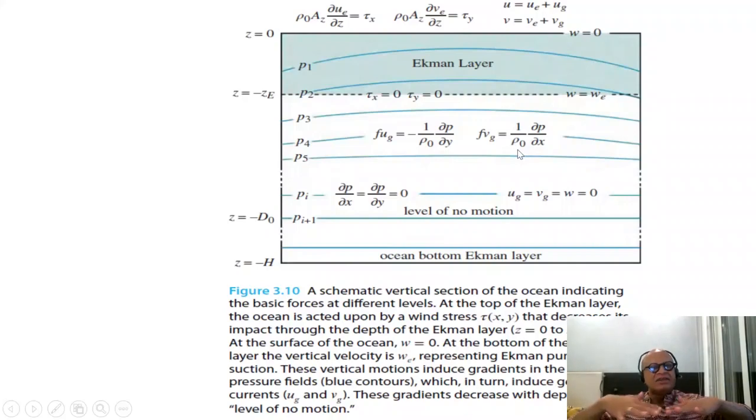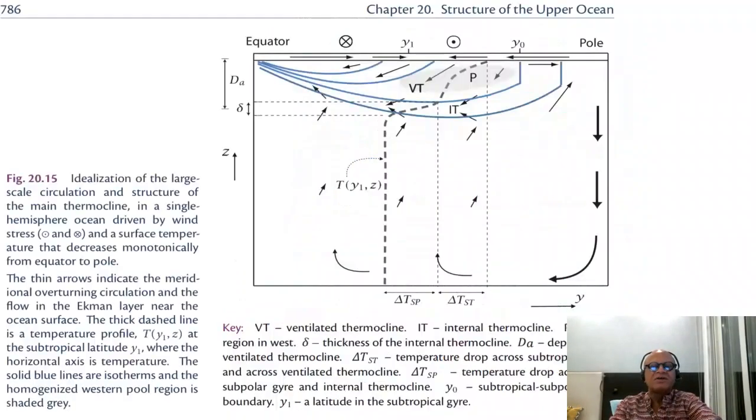So the interior pressure gradients are set up in this simple situation by the wind stress forcing, and the doming up or down of the isopycnals produces the horizontal pressure gradients to which you have geostrophic adjustment and geostrophic currents, right? The situation is not that